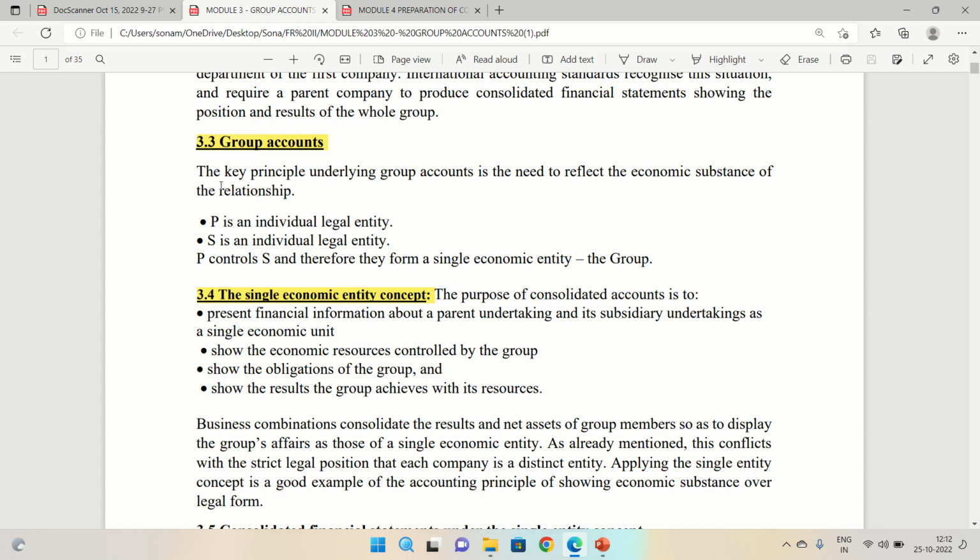I told you parent company and subsidiary company are distinct entities in legal terms, but when it comes to economic terms, they form a single economic entity, which is known as the group. Okay, so